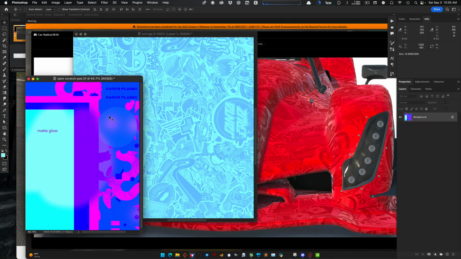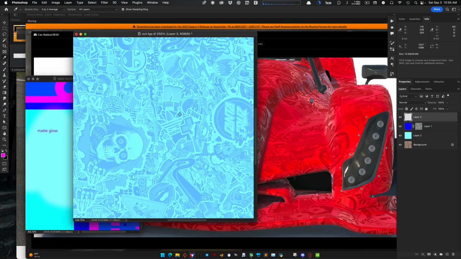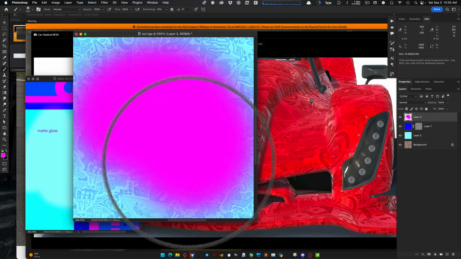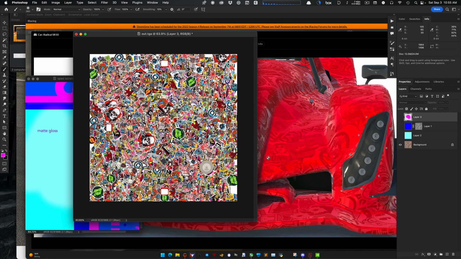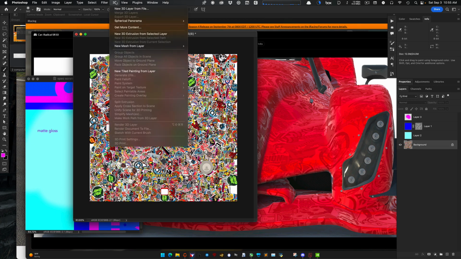And then the same goes for the chrome. I just grab the chrome color, and you can see it lit up there in the color palette. You can start painting that on. And if you wanted to select color range and you only wanted the white, because that's generally when you want chrome, chrome is 100% white, and then